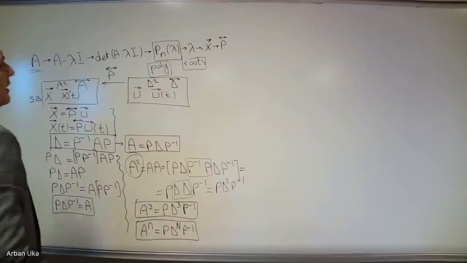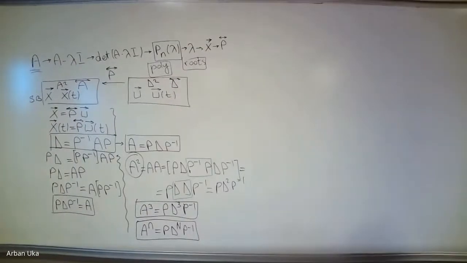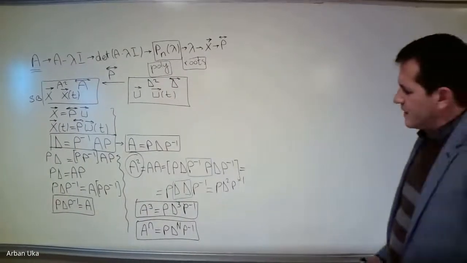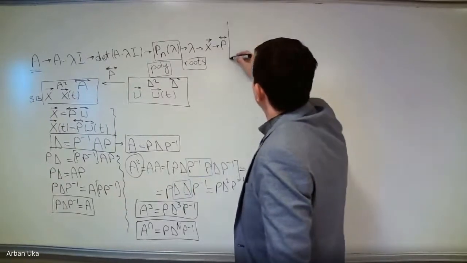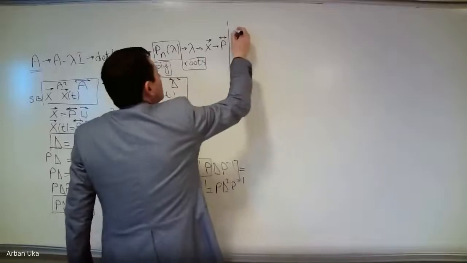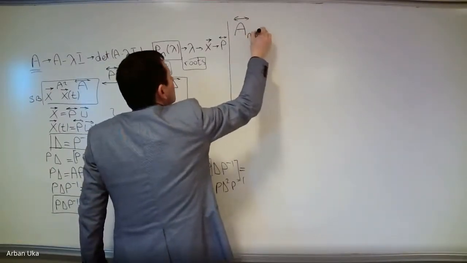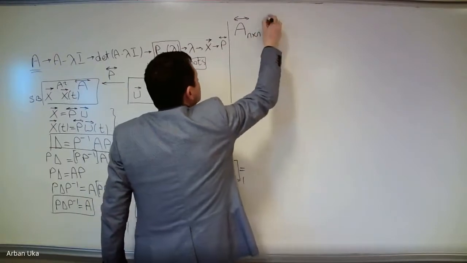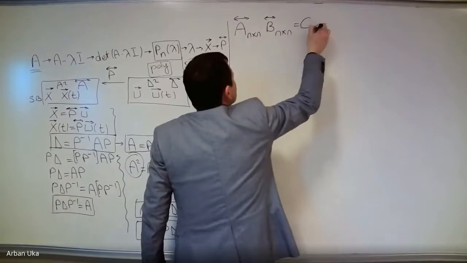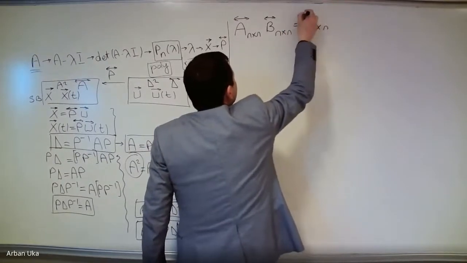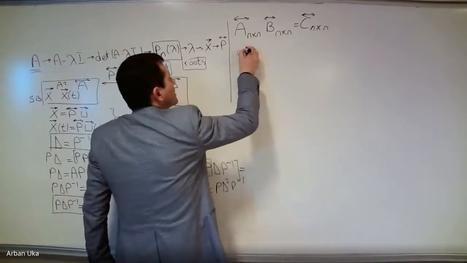Now, we need these calculations because we know that whenever we multiply two matrices, if we have matrix A, let this be a square matrix n by n, times matrix B, which is also n by n, this is going to be equal to the matrix C, n by n. Now, the multiplication here, we denote as follows: